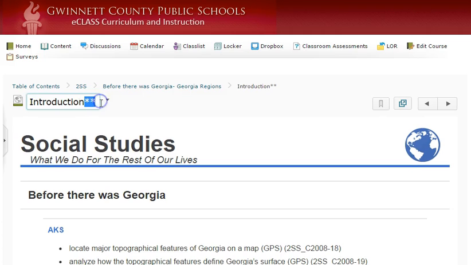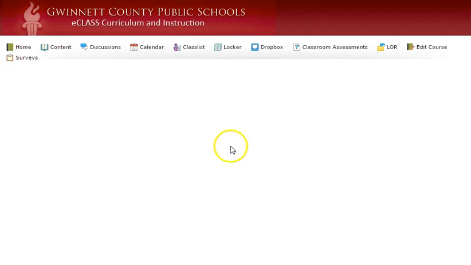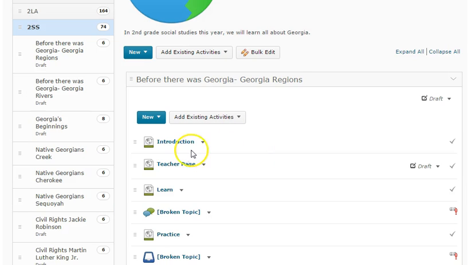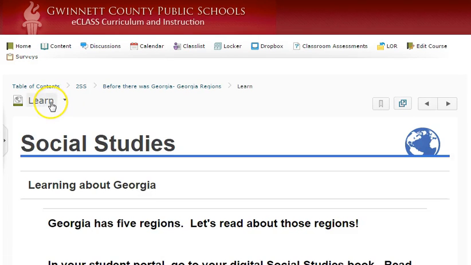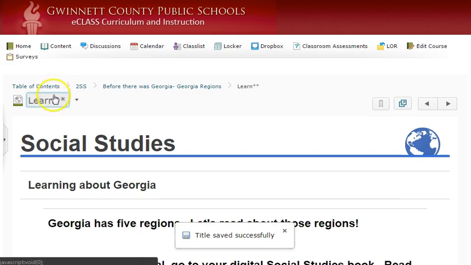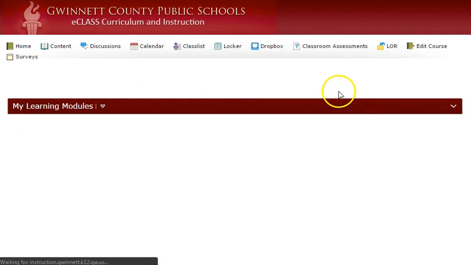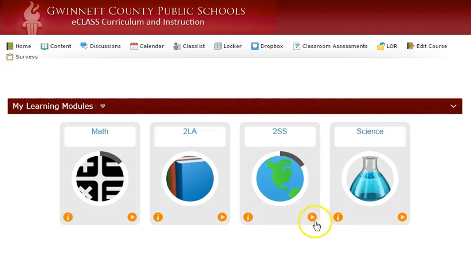Now, if I would like for students to go somewhere else, I must take away the 2 stars and press enter, and then go to any other content files that I would like for students to visit. For example, if I would like for students to visit the Learn page, I need to add the 2 stars or asterisks and then press enter. Now, when I go back home, I can use my tile, and when I press the play button, it will take students directly to that particular